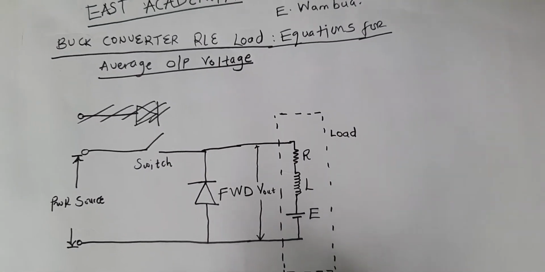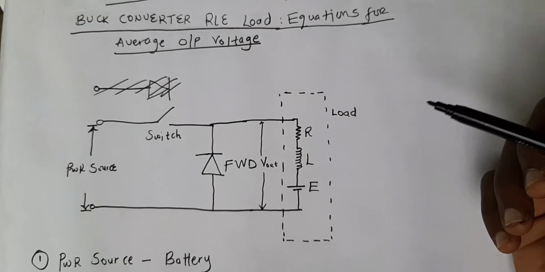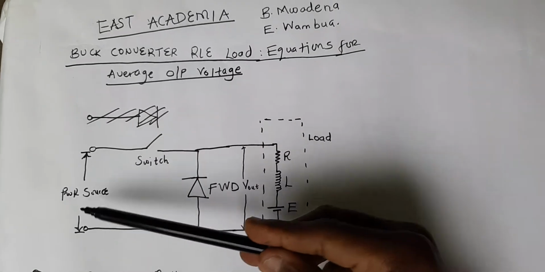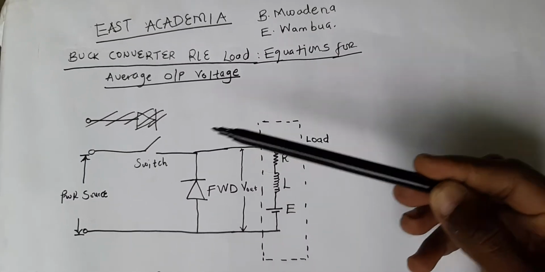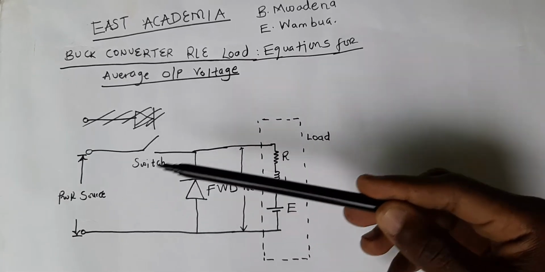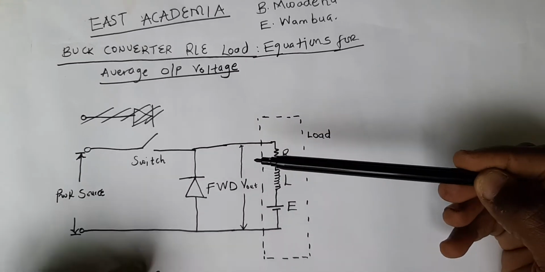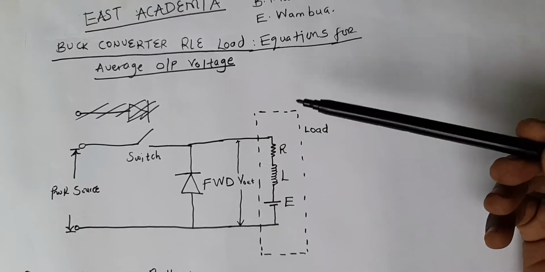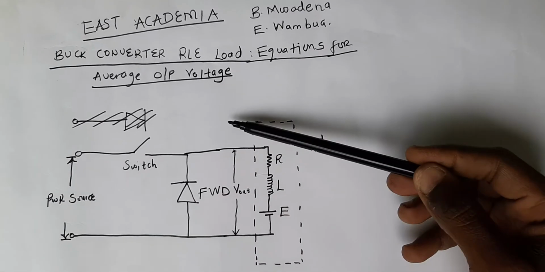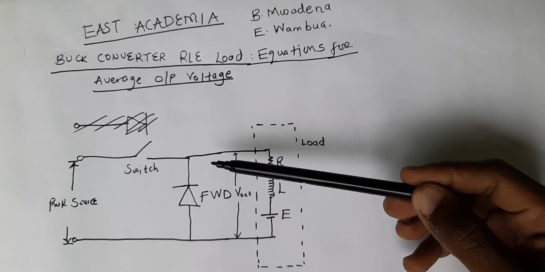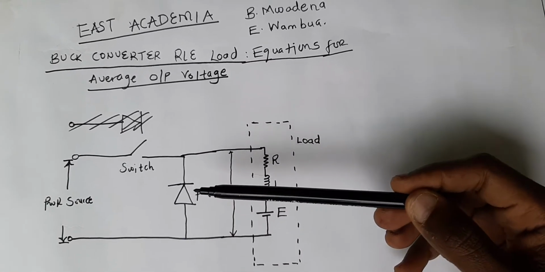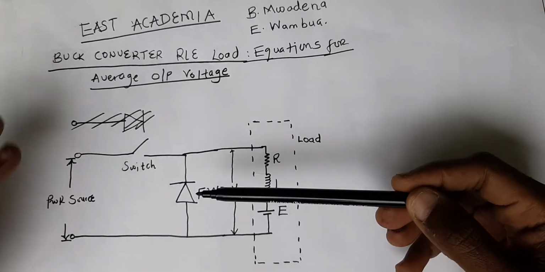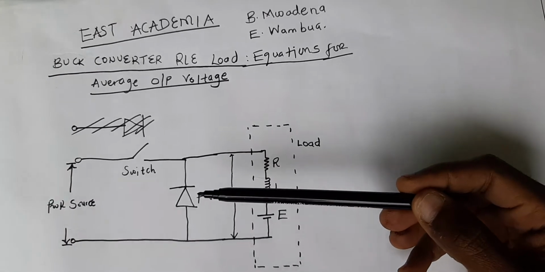So today you are going to make sure you understand how each component in this circuit operates, and what is the role of each of these components that are in this circuit. Then after which we are going to develop more questions concerning this type of circuit, and we are going to do some analysis, and later we are going to do an example for a buck converter with an RLE load.